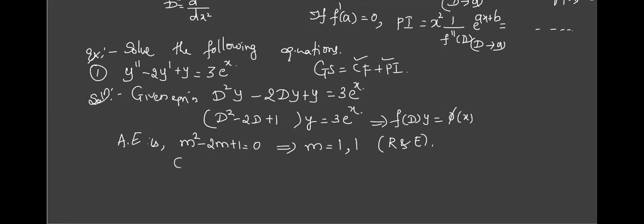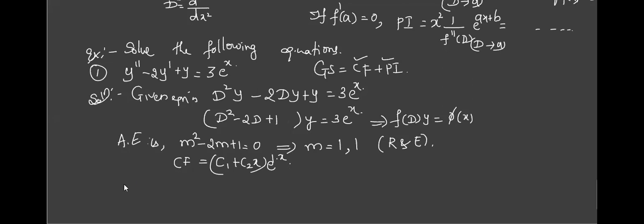Do you remember how to write it? Now don't call it GS. You should write this specifically as CF only, because this is non-homogeneous. Hope you remember, last time I told you how to write it for roots 1, 1: C1 plus C2 x, e raised to 1x. Since this is a repeated or equal root, you should write that root only once. No need to take it again and again. This is the CF part.